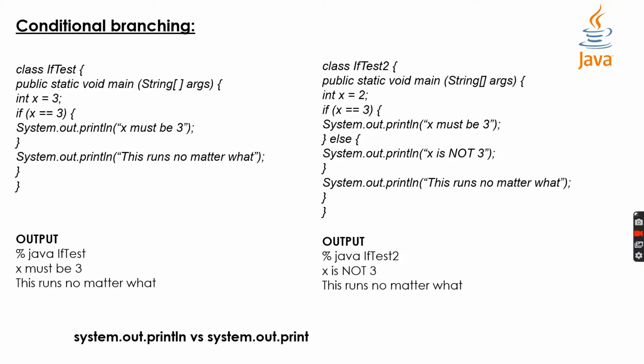Okay, so now System.out.println versus System.out.print. If you have been paying attention, of course you have, then you have noticed us switching between print and println. Did you spot the difference? System.out.println prints a new line. Think of println as print new line, while System.out.print keeps the printing on the same line. If you want each thing you print out to be on its own line, use println. If you want everything to stick together on one line, use print.